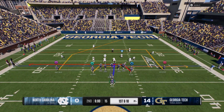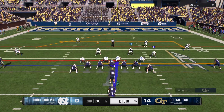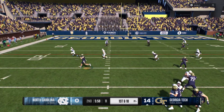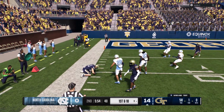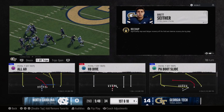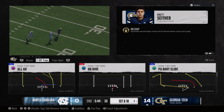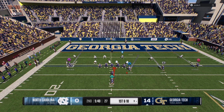And the Yellow Jackets are on the move. To throw, it's King. Fires to the big fella. There to make the tackle, but the big throw is good enough to give them a first down. It is so good for an offense early in the game to get in a rhythm and start stringing first downs together. It makes the game really easy and puts that defense in a situation where they're starting to